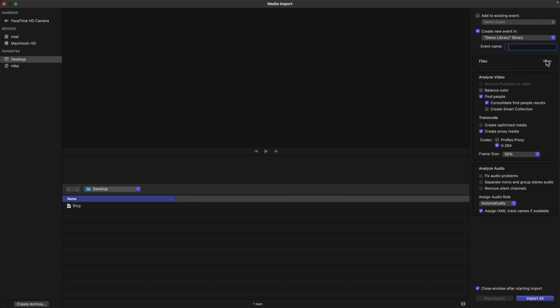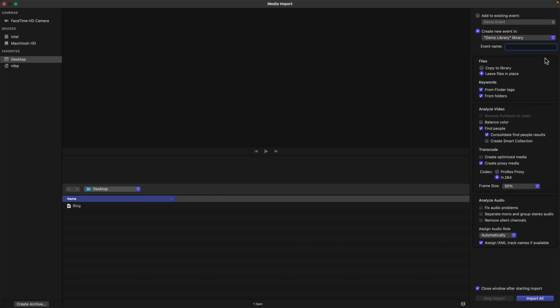Files. You can click and show and hide everything on the right side. All right, so the benefit of copy to library: it takes any file you have and it will copy it into your larger library file. Everything's neat and tidy, but you have to remember to delete that file, or else you're going to have a duplicate file on your drive, which is a bit pointless. Or you can click Leave Files in Place. And that's nice because then you don't have to worry about duplication,